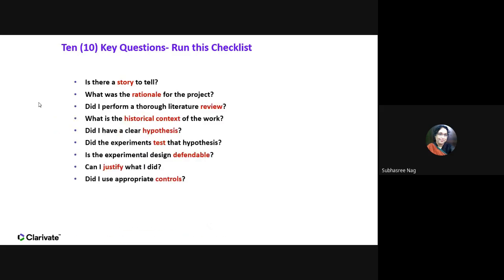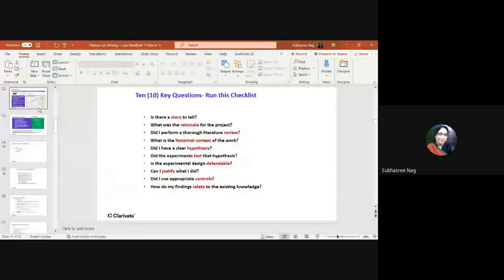Any questions? Okay. Now, before you start with manuscript writing, there are 10 key questions that you must be able to answer. First question: is there a story to tell? What was the rationale for the project? So the first thing, I'm just going to use